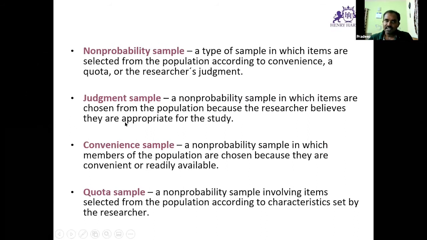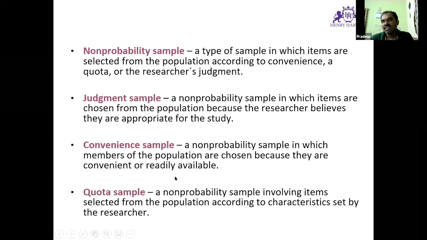Now, non-probability sampling has 3 kinds. One is judgment sampling, based on judgment. For example, if you want to study whether a person is satisfied with mall shopping: a lot of people go to malls for window shopping, they just roam around and spend time, but some serious buyers go to purchase. The researchers can identify from their behavior or from their hands whether they have purchased something or not. That is called judgment sampling.